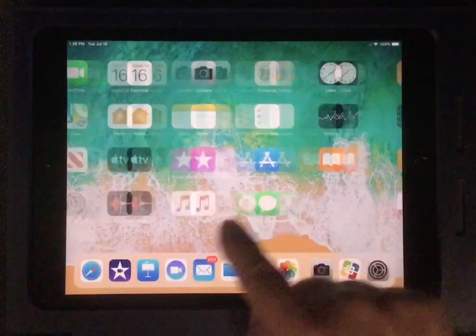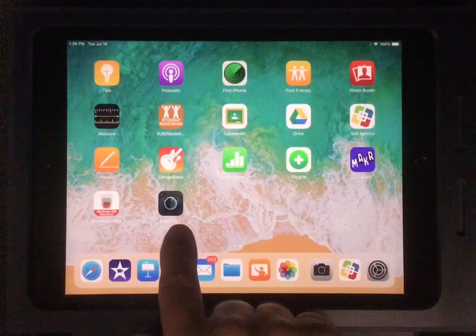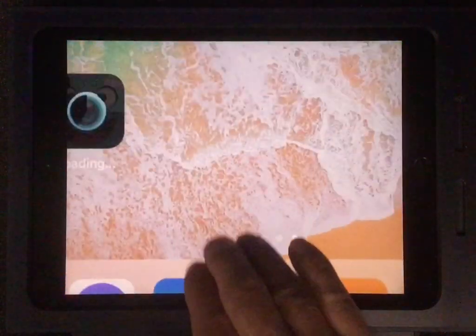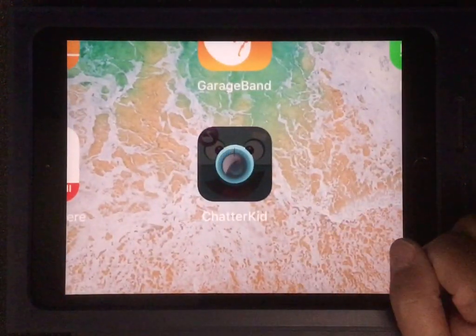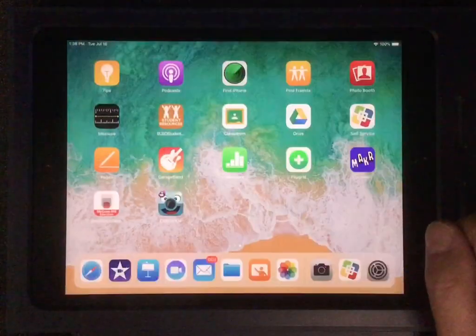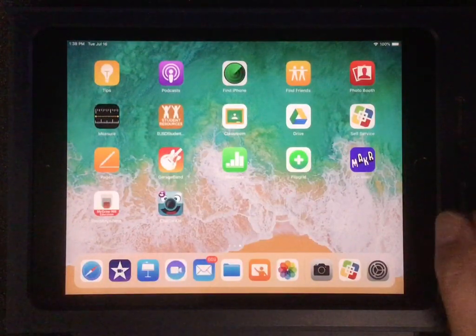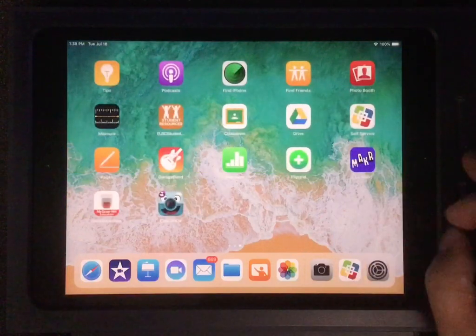And so if you want to see if it's being installed, just tap your home button, go to the most recent screen, or the next screen. Here you go, you'll see Chatterpix is installing, and you'll get a little progress here, and when it's done, it'll brighten up there. And now Chatterpix is ready to go. And that's how you install apps using Self-Service.